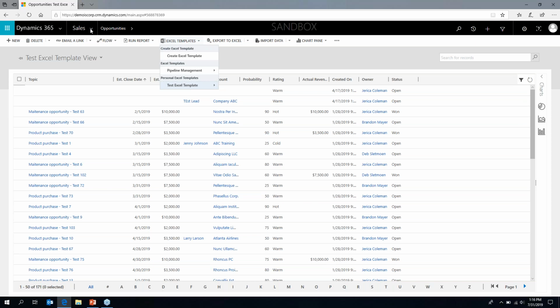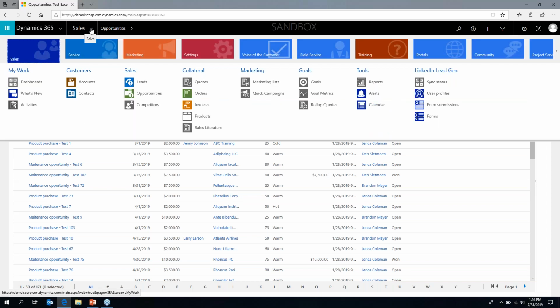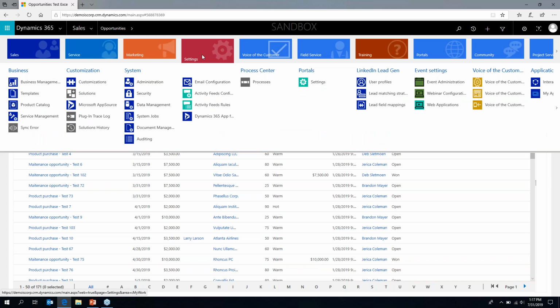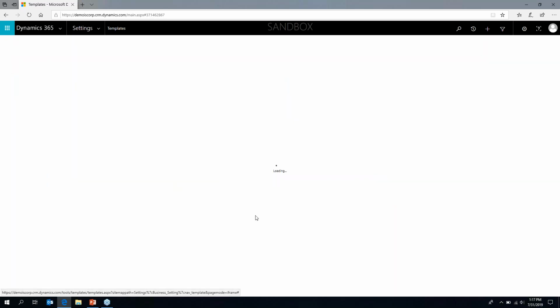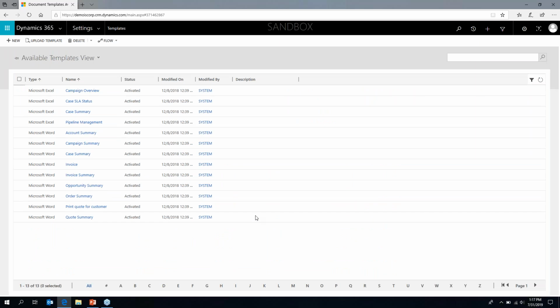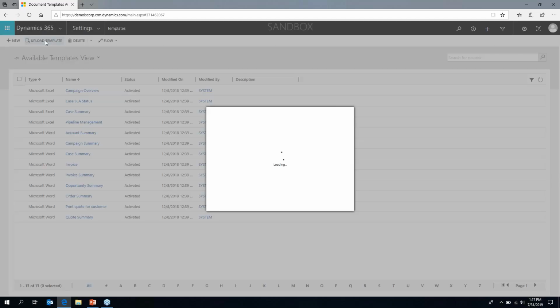If you were going to upload for a system template, and this may require some more administrative settings, if you don't have the right privileges, just talk to your CRM administrator and either have them do it or adjust your privileges. But to do system templates, you go to Settings, Templates, and then Document Templates. And here you can actually see a list of everything that we have. You can see if it's Excel or Word, you have the name, and if they're activated. So here we're going to upload a template,